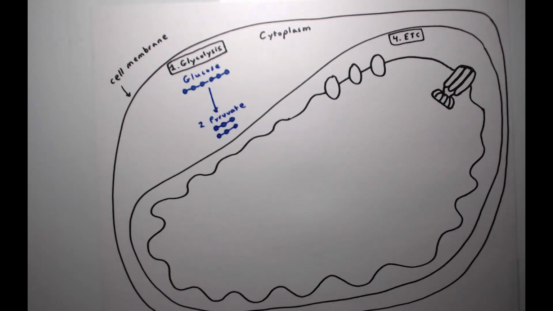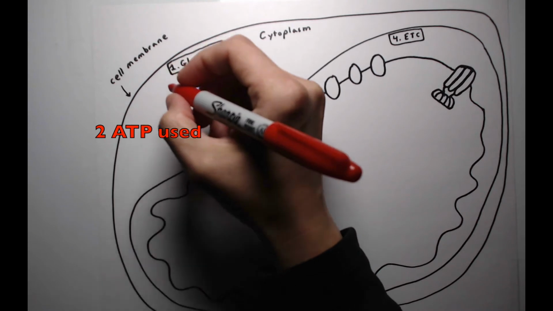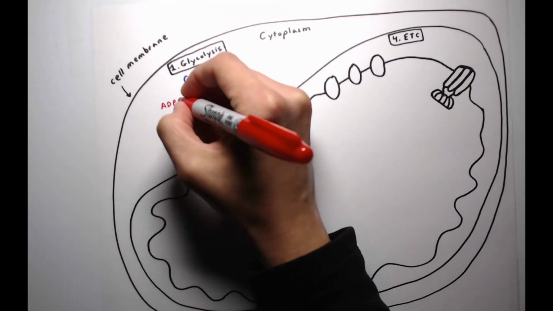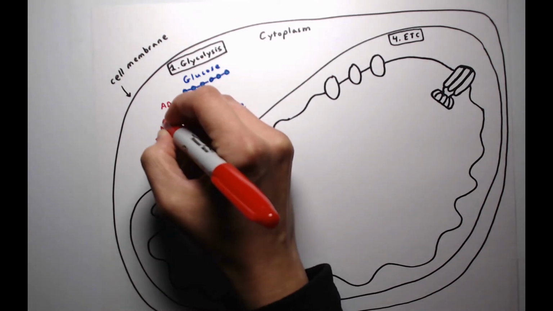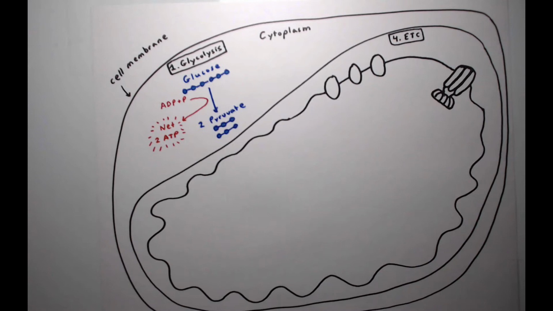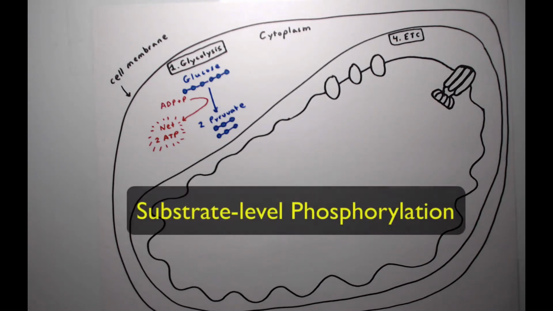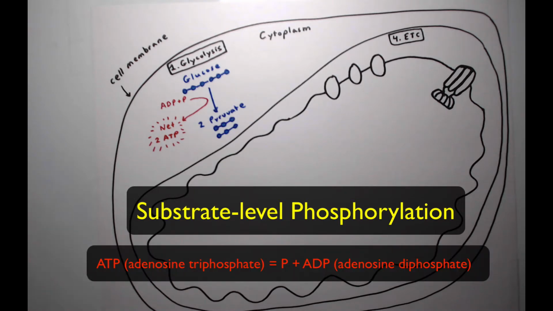Glycolysis actually needs a little bit of energy to jumpstart the entire process. 2 ATP molecules are used to initiate glycolysis. But because glycolysis also produces 4 ATP molecules, we get a net gain of 2 ATP during this stage. The production of ATP during glycolysis is called substrate-level phosphorylation. This process uses special enzymes to create ATP by adding a phosphate to an ADP molecule, which stands for adenosine